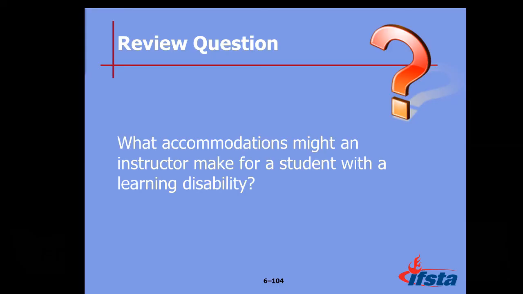So what accommodations might you make for a student with a learning disability? Closer to the front of the classroom. He's smiling and nodding. That's it. Kevin says, have another student take notes. More time on the test. Audio book. A little extra time on testing. You can provide a reader or audio recording, Kevin says. Pay attention to them when they need breaks. Perfect.